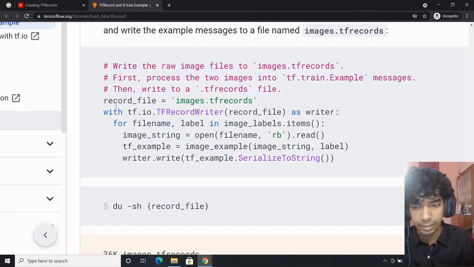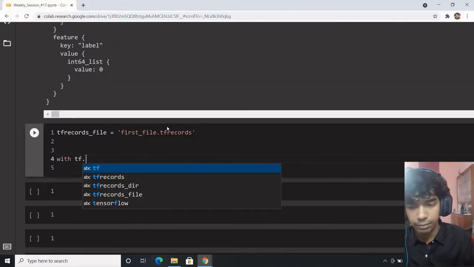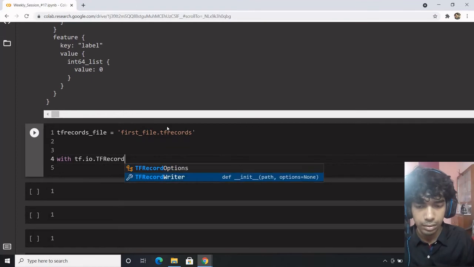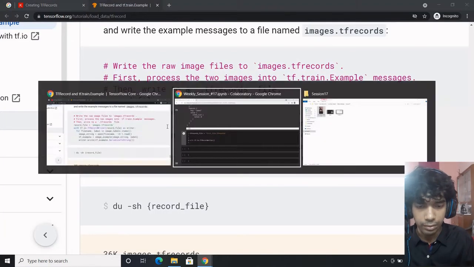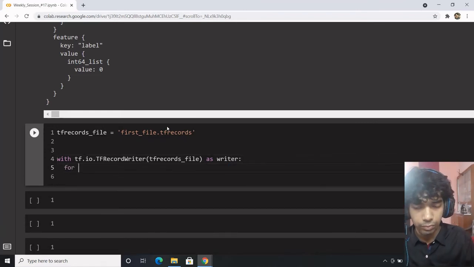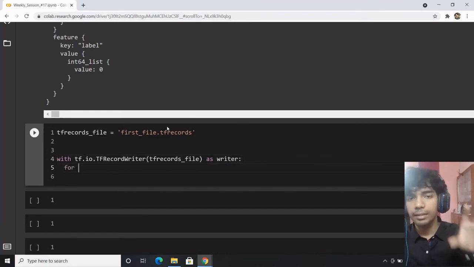first you need to open the writer with tf.io.TFRecordWriter, wherein I have the record file. Now you're under writer mode.